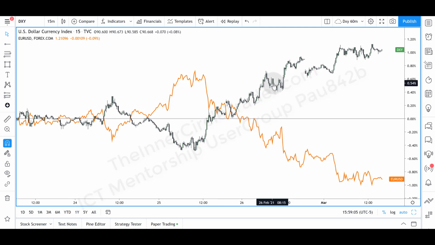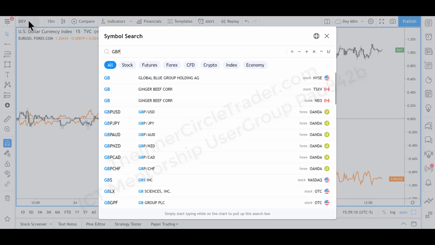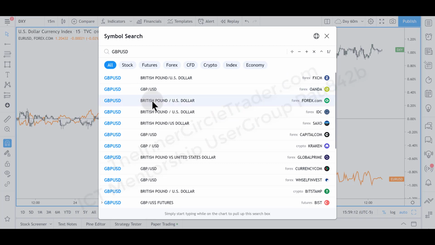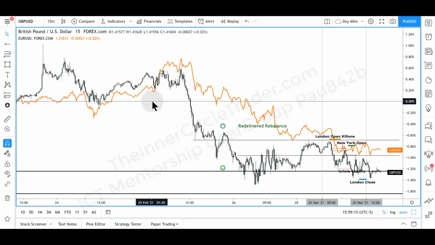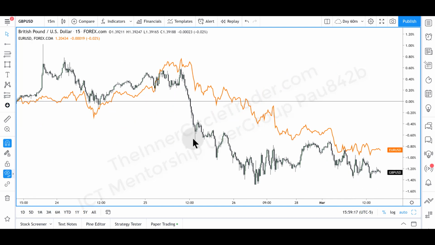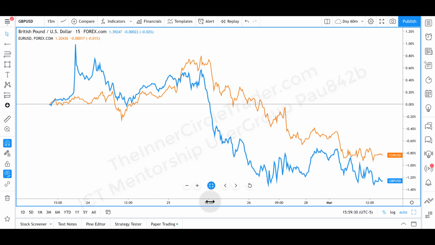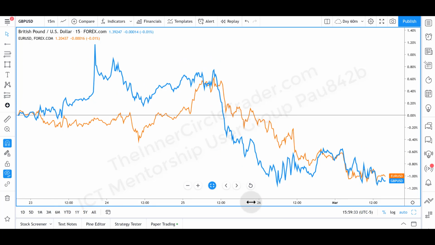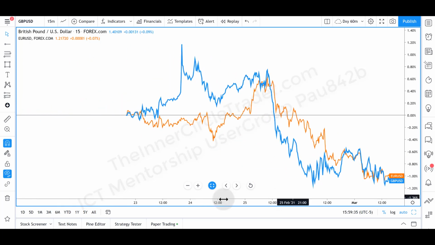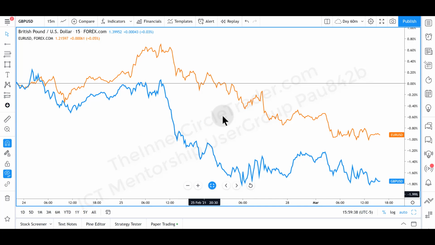Now if you want to do correlated pair SMT divergence, which is like you want to do GBP USD, forex.com, and let me take these annotations off. So we have now an overlay of euro dollar with British pound. You can change British pound price to a line chart too, and scrunch this up a little bit. Not so much. All right, so what we're looking at here is